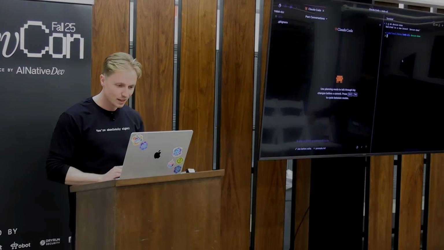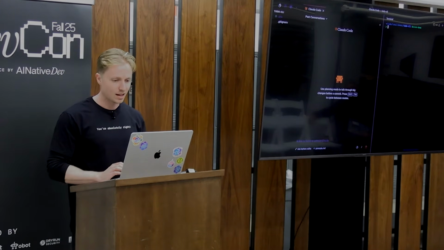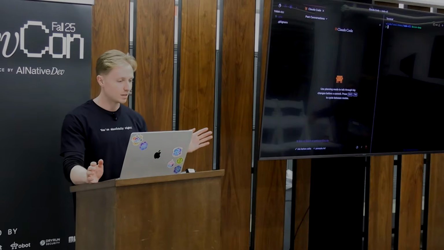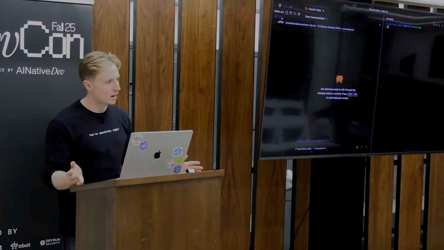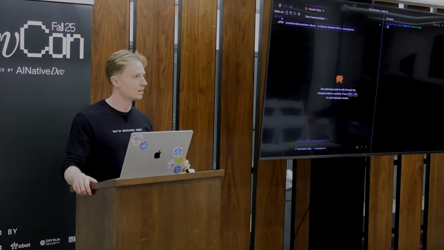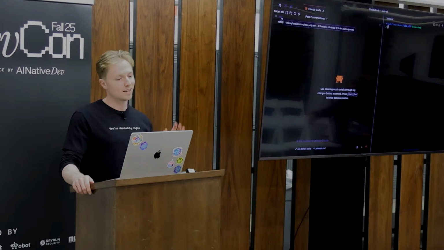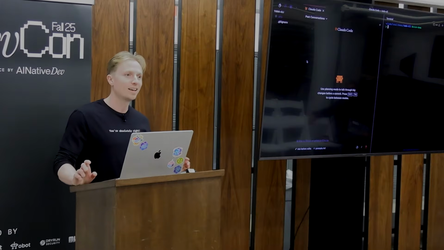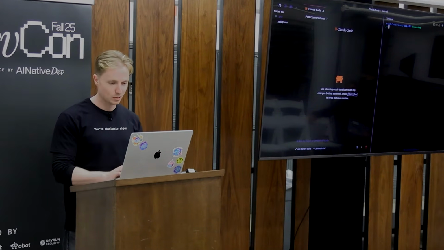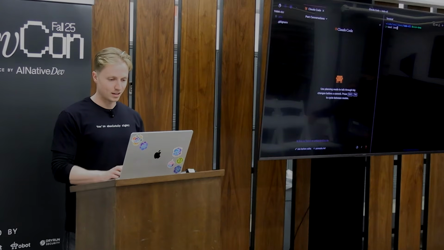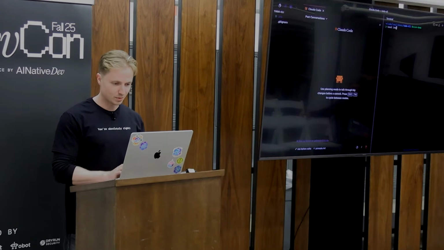So to start off, I'm going to start in this empty to-do CLI. You can see here I have nothing except for an environment variable that has keys for OpenAI that I will not open because I don't want you all to see them. And then also a git ignore, but otherwise empty. So the first thing that I'm going to do is run Tessl install, and then I'm actually going to install,